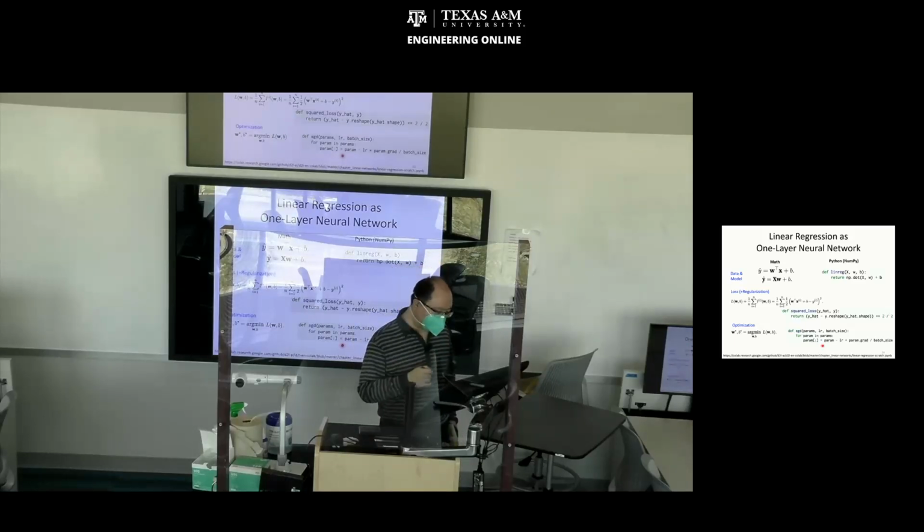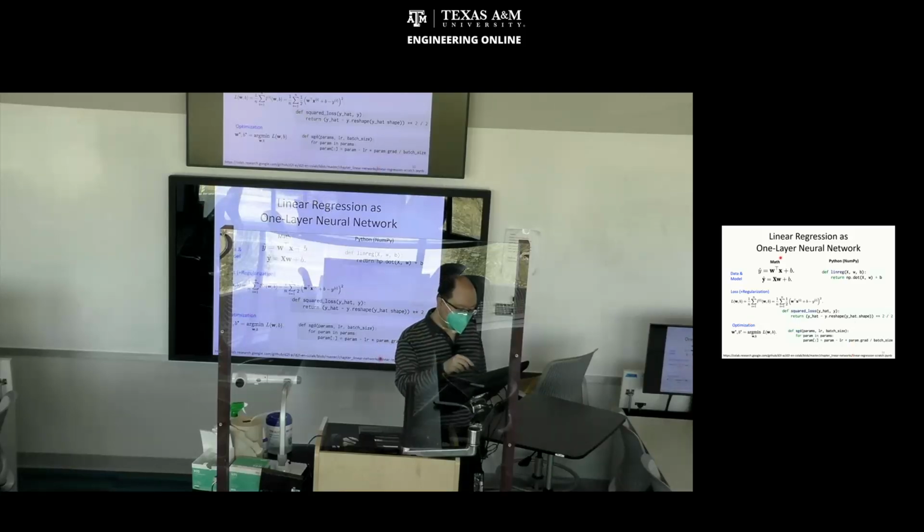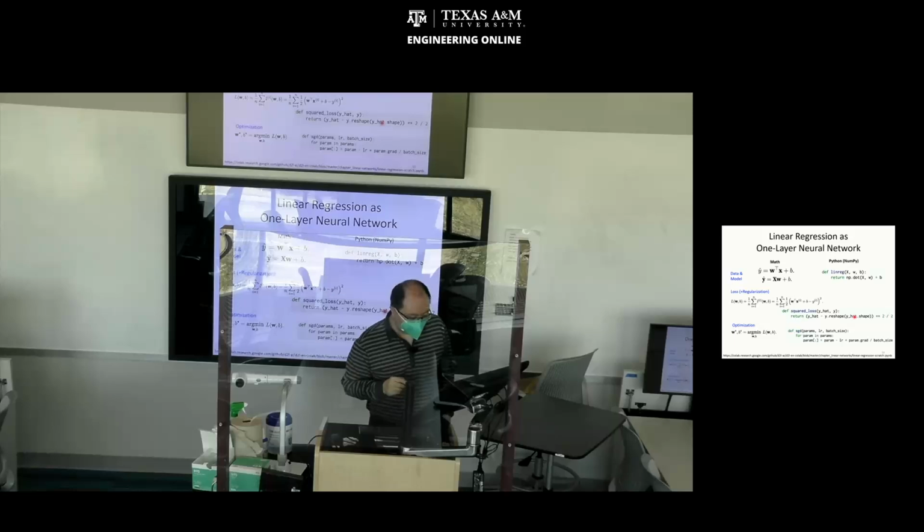So again, I'd like to keep these two views side by side. One is the math, one is the Python programming. Let's make sure that you both understand them mathematically and are able to implement them. I think this scalability issue is very important. But now with the math and the coding,